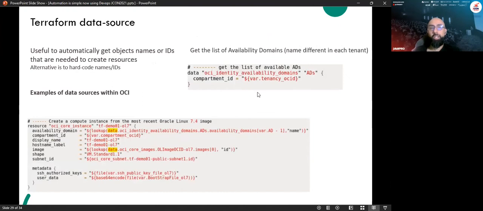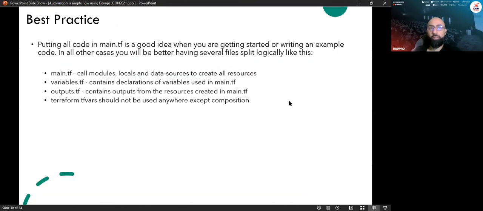The data source is retrieving data from the cloud. So in case you have something defined in the cloud and you need to use it inside Terraform, you can use the data source inside Terraform, as you see over here, data. It allows Terraform to retrieve things from the cloud and use them in another place in Terraform, such as, let's say, an SSH key. Probably you create an SSH key on the cloud and you need to use it in Terraform, so you can use data to retrieve this value.